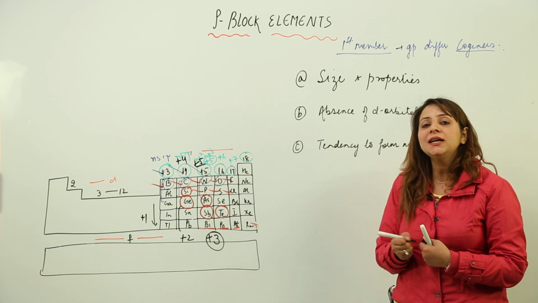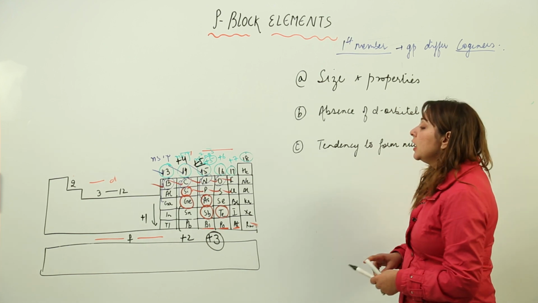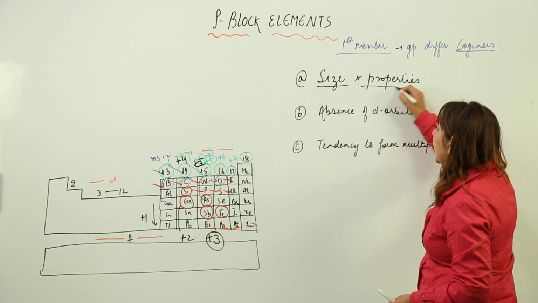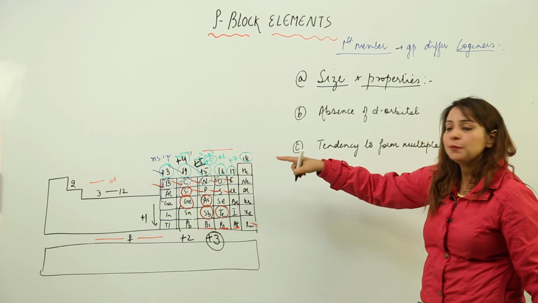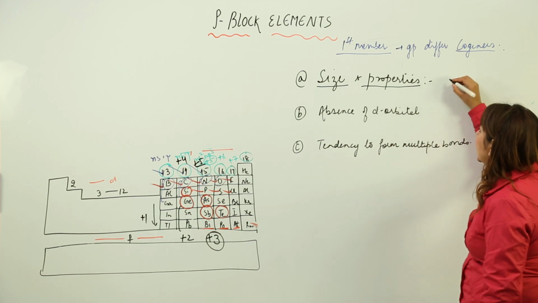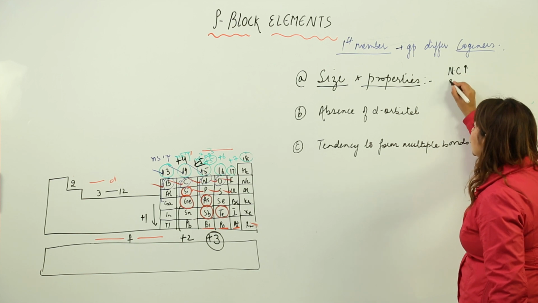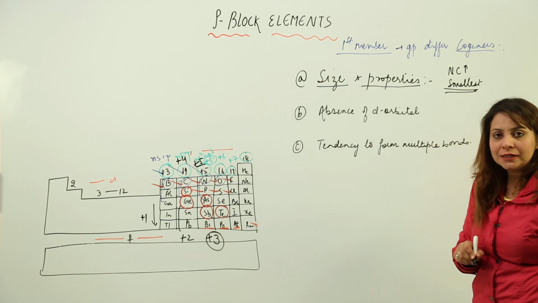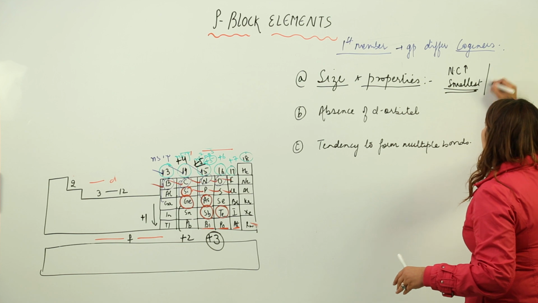Now why does the first member show different properties as compared to its congeners? The basic reason behind that is the difference in the size and the size related properties. As you know, each first member has more nuclear charge, due to which it is smallest in size. It is smallest in size, and because it is smallest,